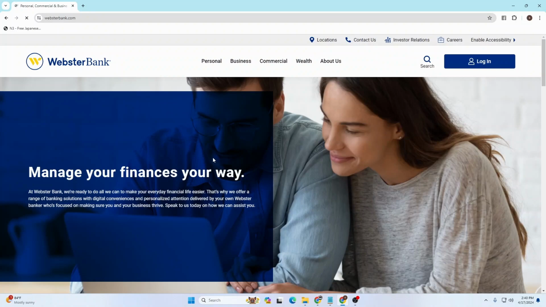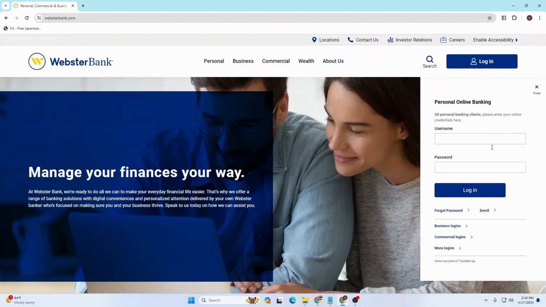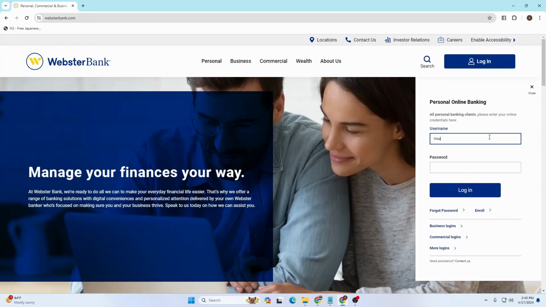And over here guys, you can see this is the home page, whereas at the top right corner of the screen you can see there is the login button available for us. Click on that login button and this kind of pop-up will appear where you'll be able to enter your username